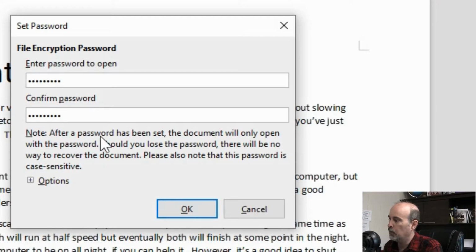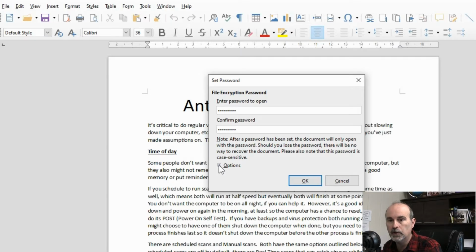And there is an important warning here: make sure you know what your password is and don't lose it, because there is no way to recover the document. And it is case sensitive. So make sure you remember what the password is you created. And that's also another reason why I have a separate copy of it. I renamed it. So if you wanted to do this for yourself, once you've saved the encrypted one and you know you had the password and that's working, then you can delete the original one that's not password protected.